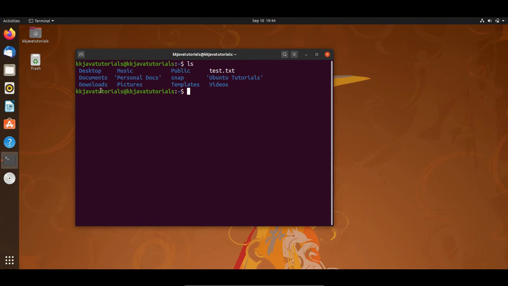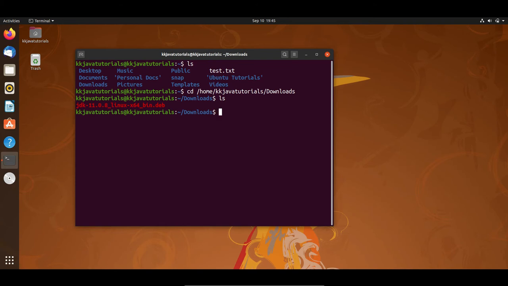Let's say I would like to query downloads, then I'm going to write cd. cd means change directory, then /home/KK Java Tutorials, that is my username, /downloads. If I press enter, then I directly reach the downloads directory, and here I can check what files or directories are available.